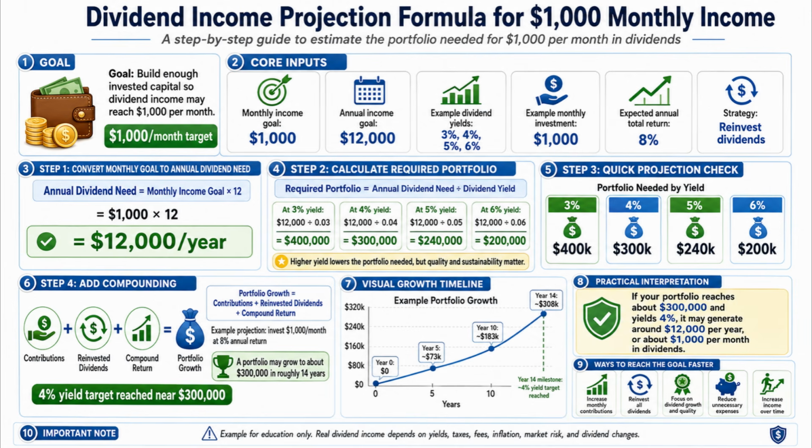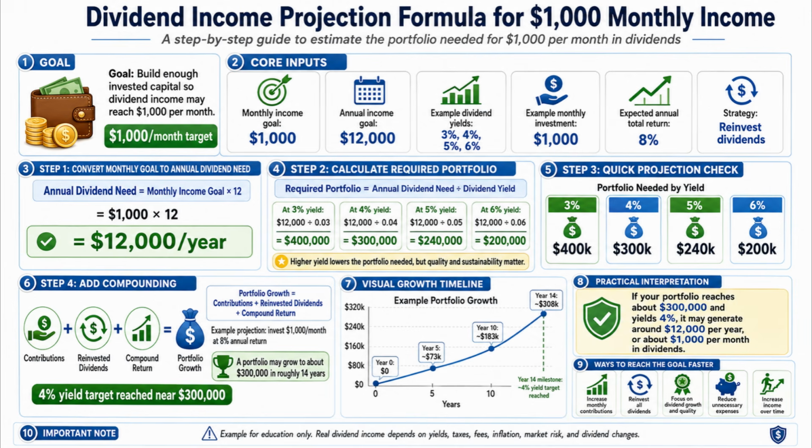As shown in the example growth timeline, the portfolio starts at $0 in year 0, grows to about $73,000 by year 5, reaches around $183,000 by year 10, and then climbs to about $308,000 by year 14. At that stage, the 4% yield target is close to being reached. As a result, the practical interpretation becomes easy to understand. If your portfolio reaches about $300,000 and yields around 4%, it may generate about $12,000 per year, or approximately $1,000 per month in dividends. That is why many dividend investors focus not only on income today, but also on long-term